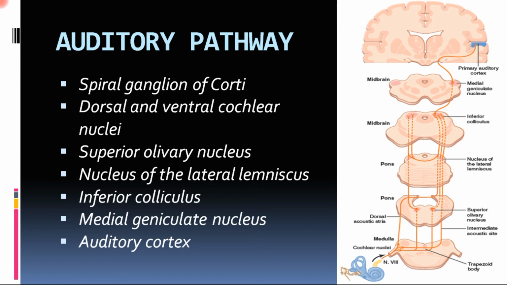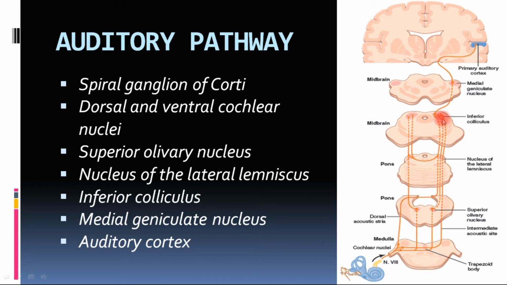Again, if you have to see, they are arising from the hair cells, forming the nerve endings, and those nerves are forming the spiral ganglion. From the spiral ganglion, the other ends are forming the cochlear nerve or the auditory nerve, cranial nerve number 8, and they are synapsing at the cochlear nuclei, which is present in the medulla. Majority of them will go to the opposite side and go straight away to the inferior colliculus. Some of them synapse in the superior olivary nucleus and nucleus of lateral lemniscus and then go to the